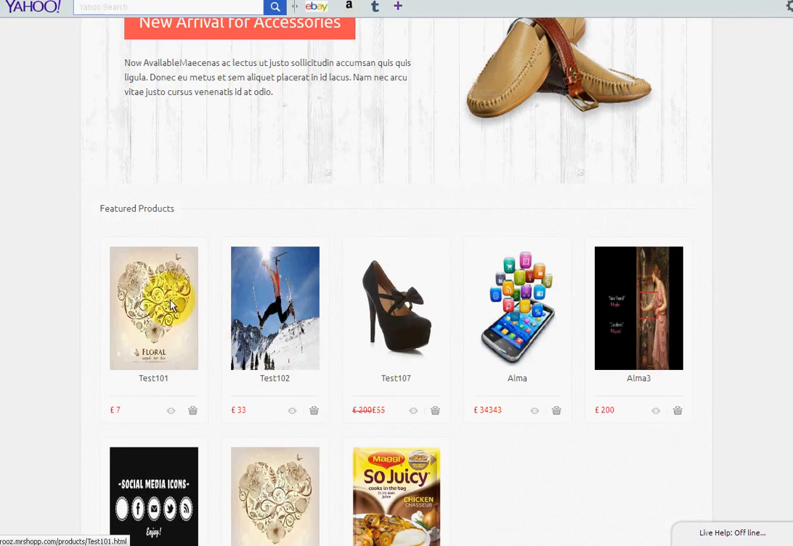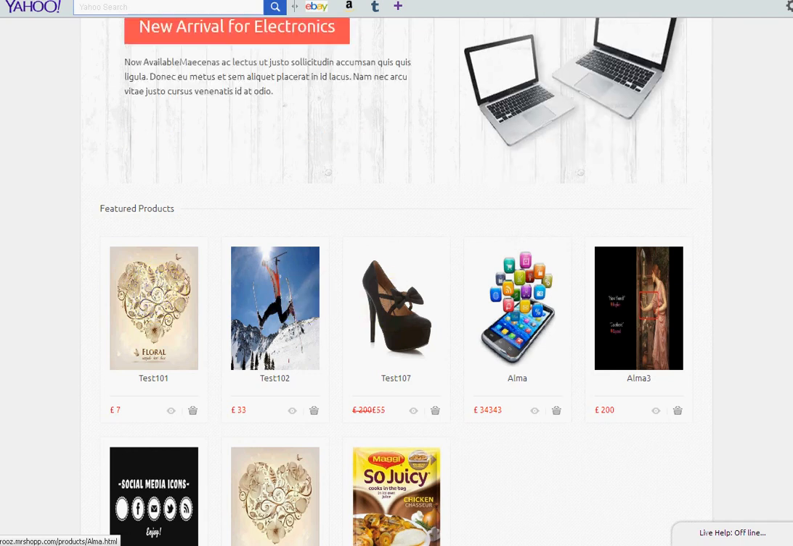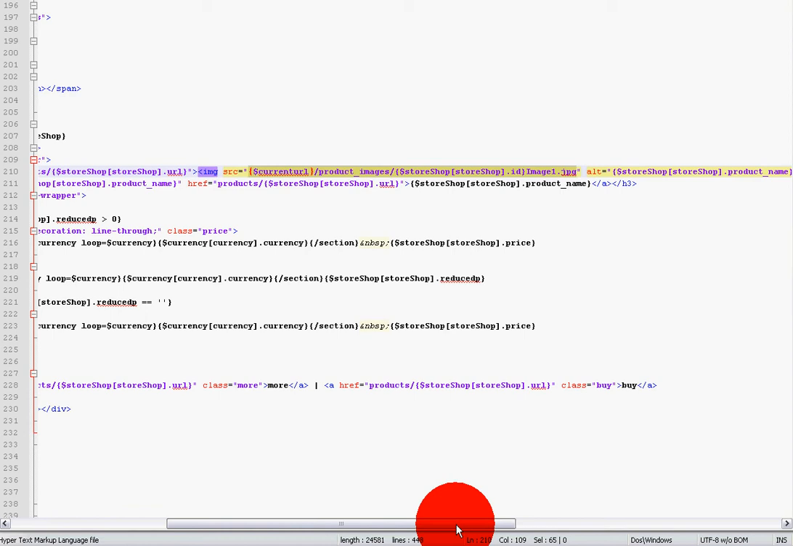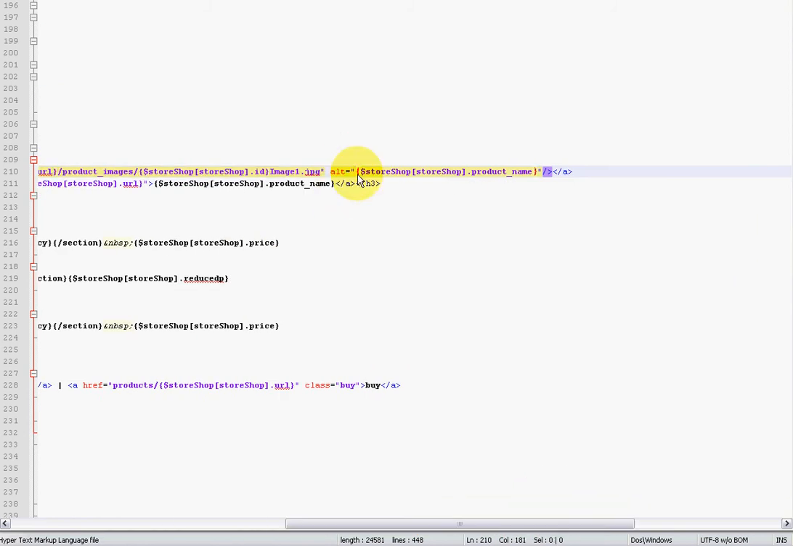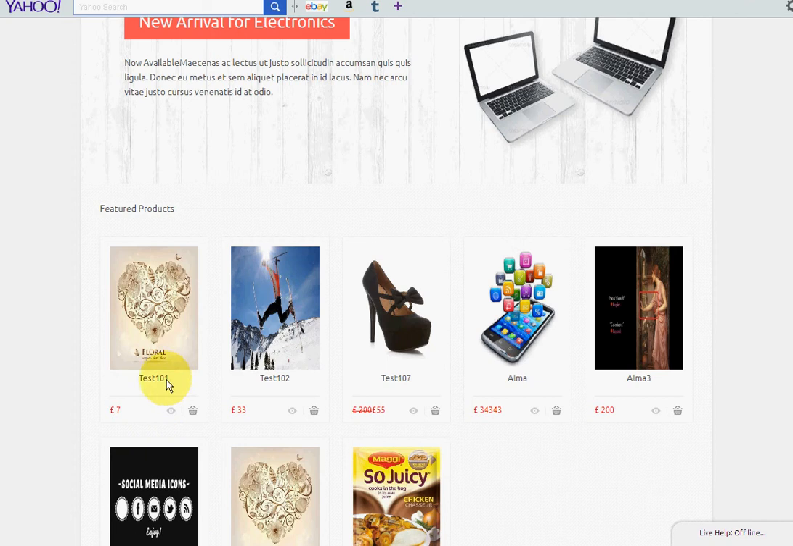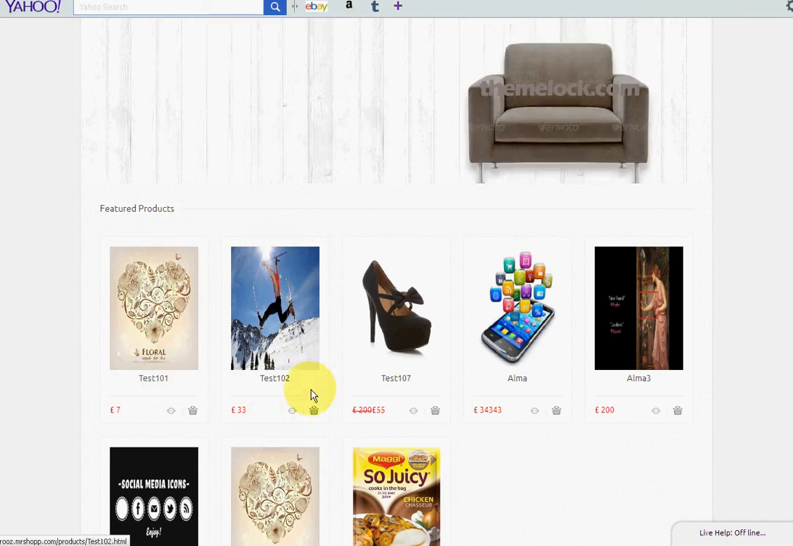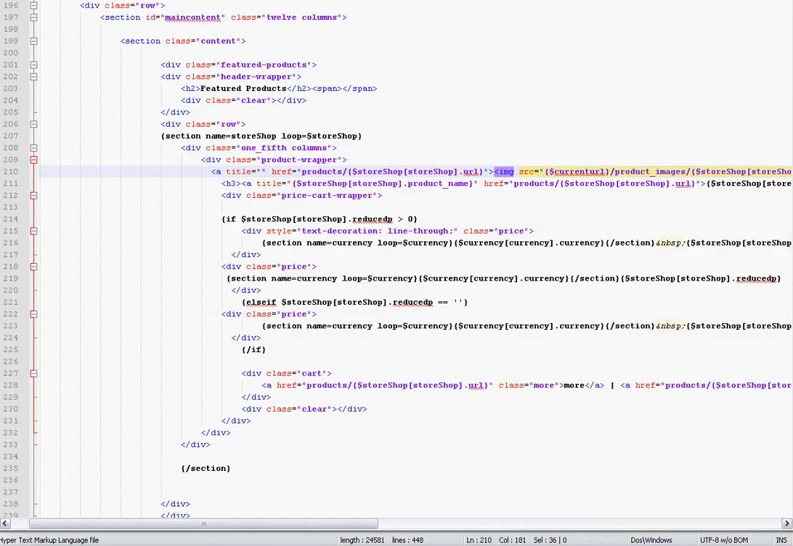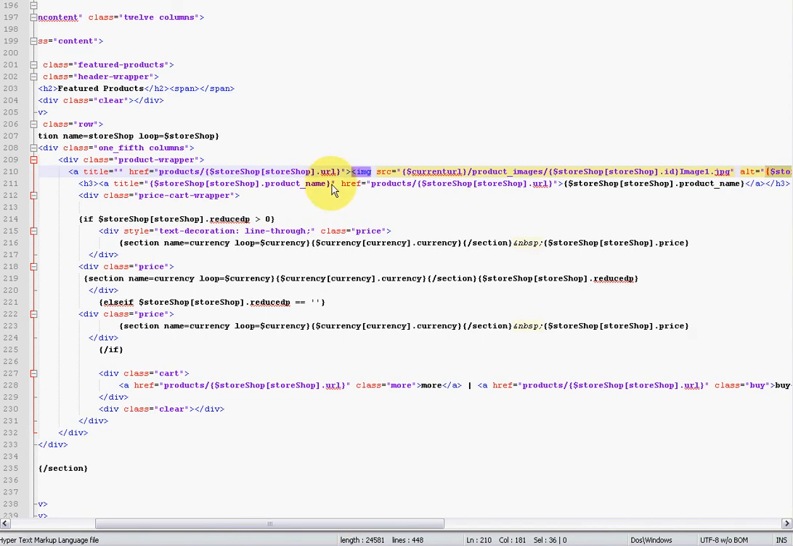So the image of the product will be displayed there on the front page of your store or front page of your templates. And for the alt, you can use the product name. That's what I did. Store shop.product name. And for the name of the product, which is this one in this template, it could be at the top, it could be at the bottom, it could be left, right, wherever you want to, depending on how you design your template. But for the product's name, you just put store shop.product name there,